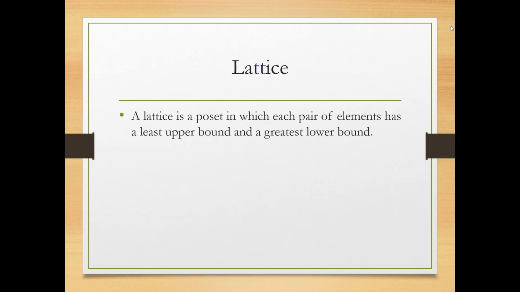In the previous video lecture, I have also explained how to check the least upper bound of two elements from a hash diagram as well as the greatest lower bound from a hash diagram. And a lattice is that partial ordered set in which every two elements have a least upper bound and a greatest lower bound. In the previous video lecture, we have also discussed so many examples in which the least upper bound of two elements does not exist. So that poset is not a lattice.